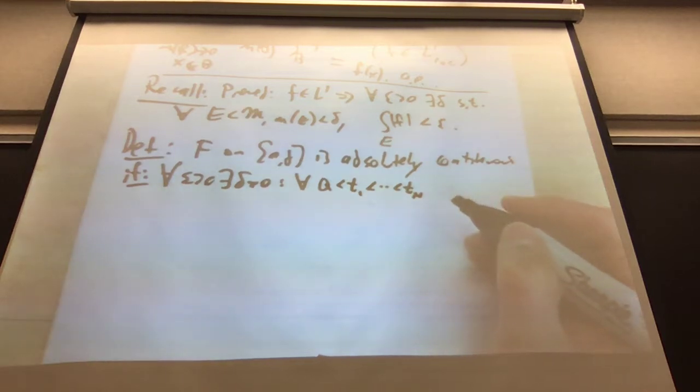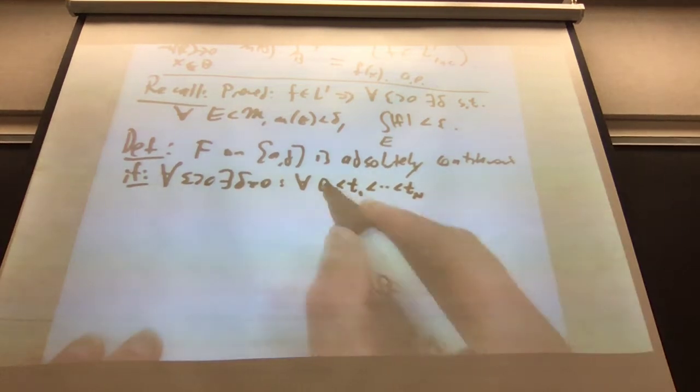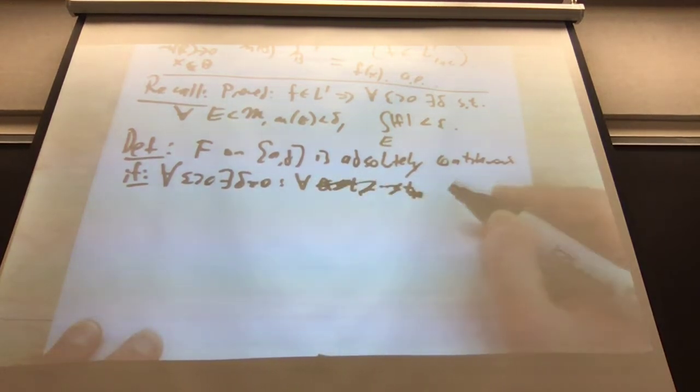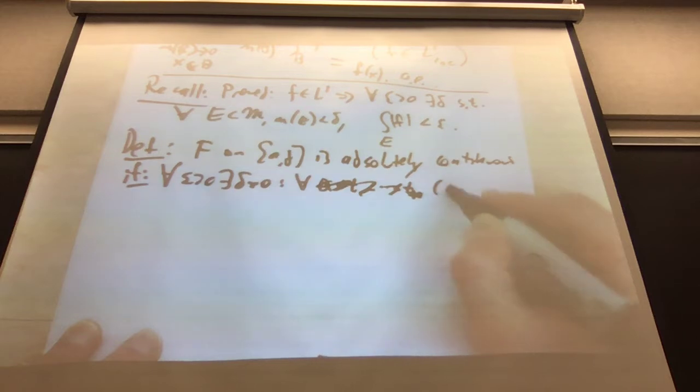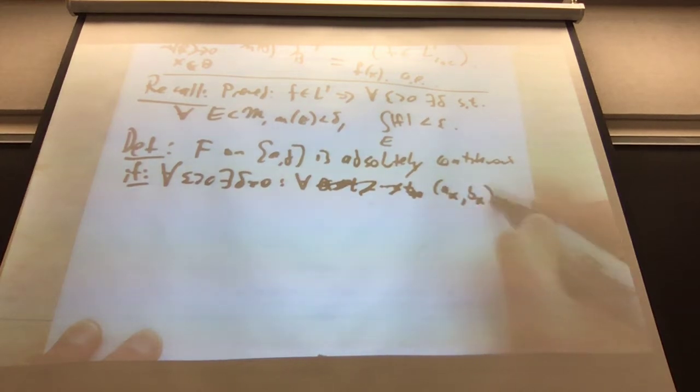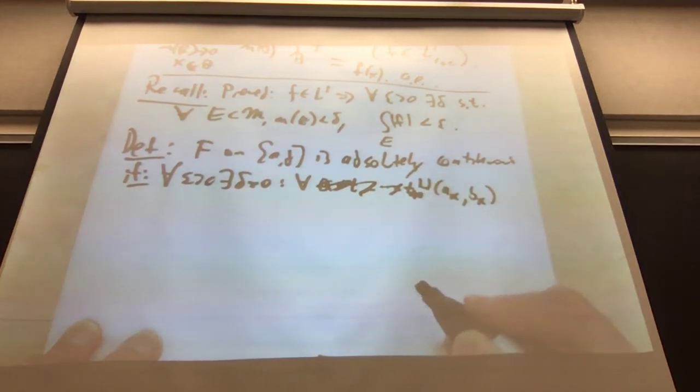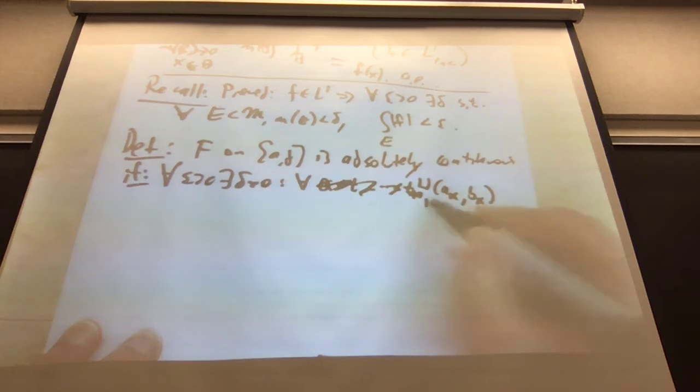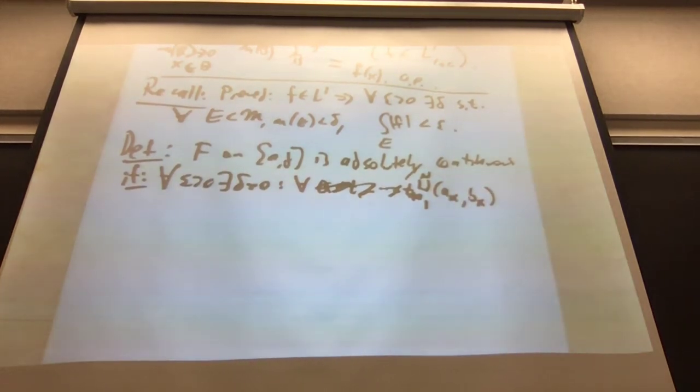How do I want to say this? I had a better way of saying it. Fine. If for all intervals, so let's say (a_k, b_k), disjoint, k goes from 1 to n. So for any finite intervals